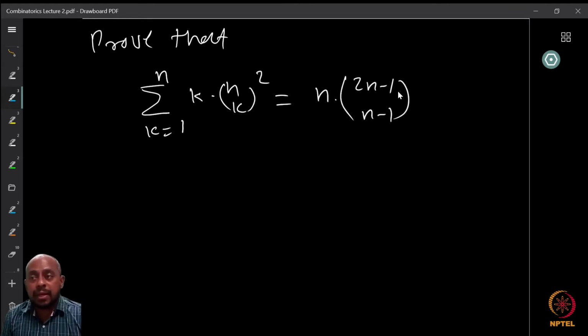Of course, you can find an algebraic proof. It's going to be a little difficult, I think, but still you can find it. It's going to be a little cumbersome to work out, but try it and try to find out why these must be equal. But then, we want to find a combinatorial proof. So what is going to be our combinatorial proof?